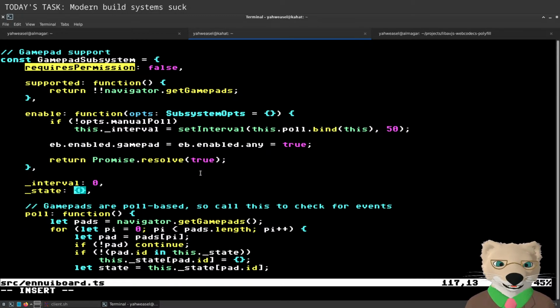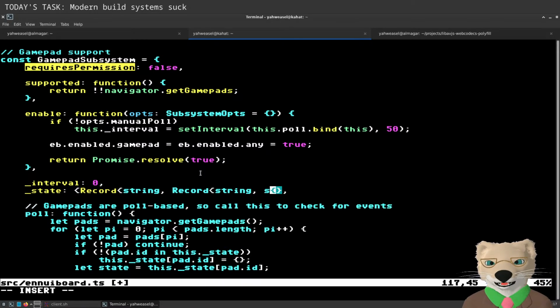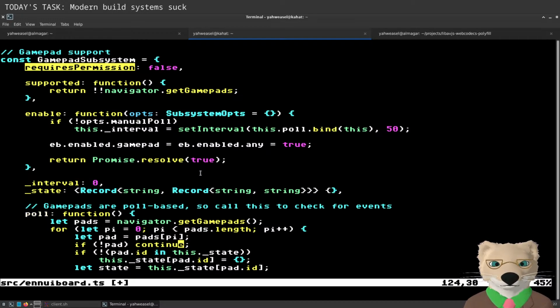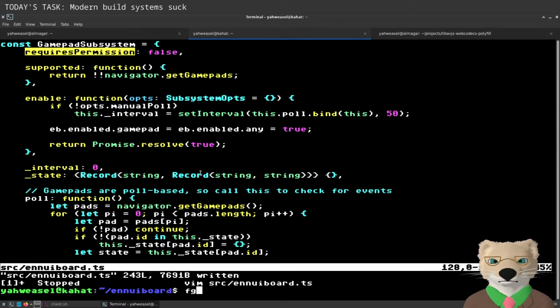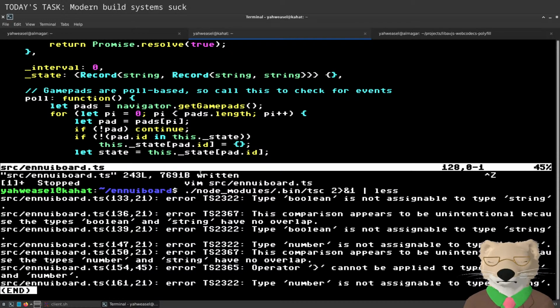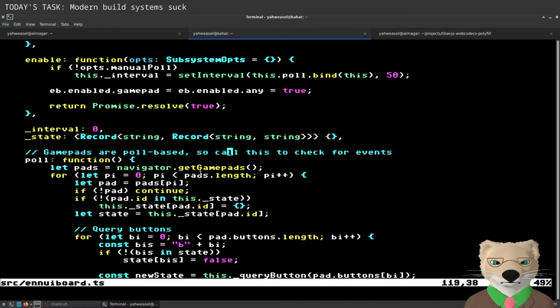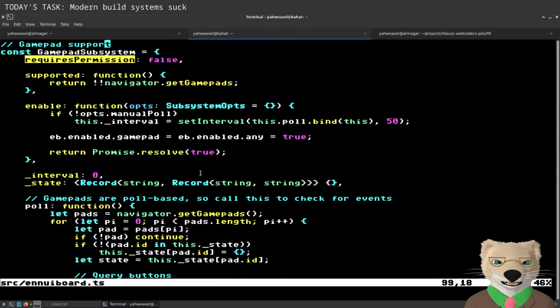Okay, and the state, I did not give a full type. So this is another record of string to record of string to string. Oh, interesting. I guess it's just true or false for each button. I hope I'm consistent with that, but if I'm not, I'm about to find out.